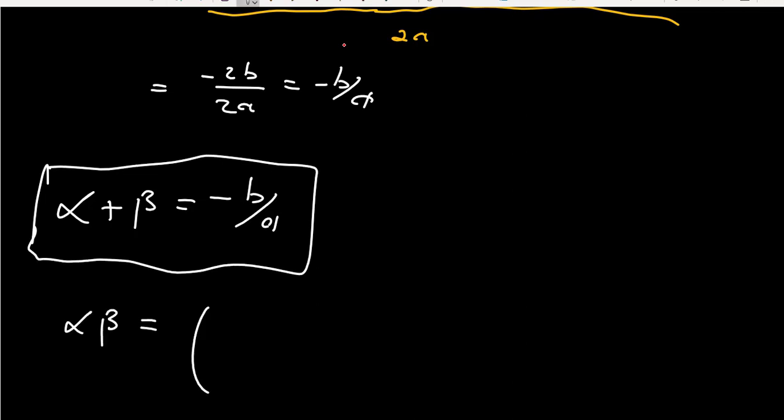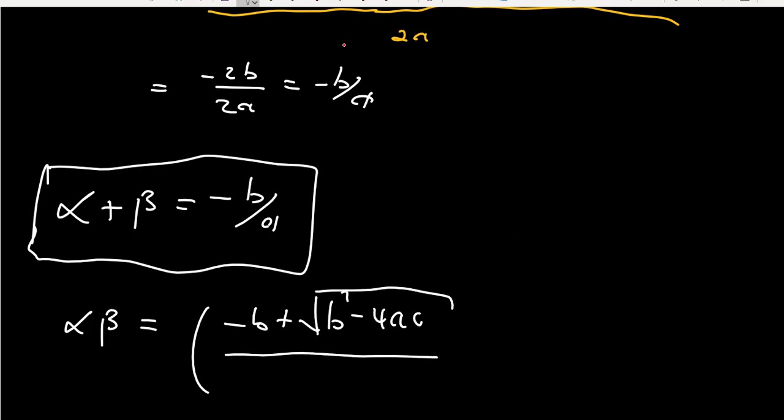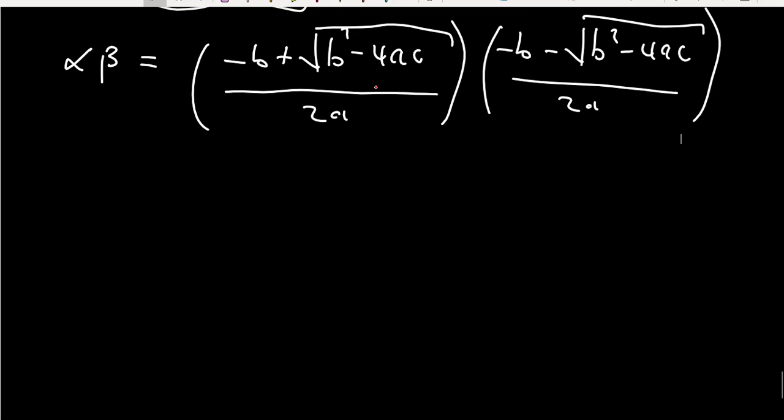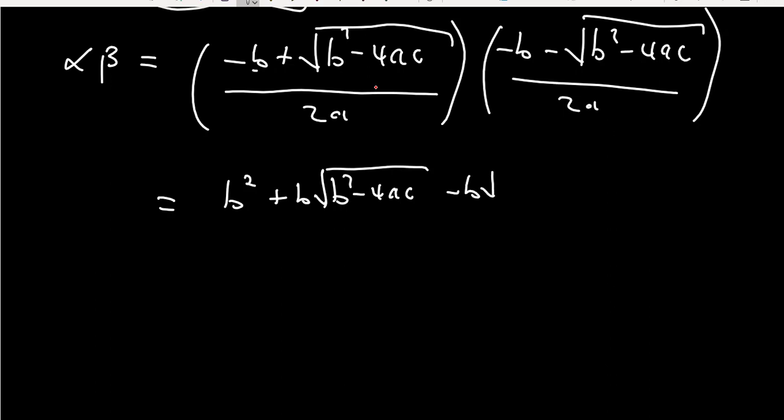Next, the product of roots alpha and beta will be negative b plus the square root of b squared minus 4ac, all of this on 2a, multiplied by negative b minus the square root of b squared minus 4ac, all of this on 2a. And so expanding, we are going to realize that we have formed the difference of two squares. So expanding, we get b squared minus b times the radical of b squared minus 4ac, plus b times the radical of b squared minus 4ac. Next, minus b times the radical of b squared minus 4ac. Then the radical times the radical will simply give minus b squared minus 4ac. All of this